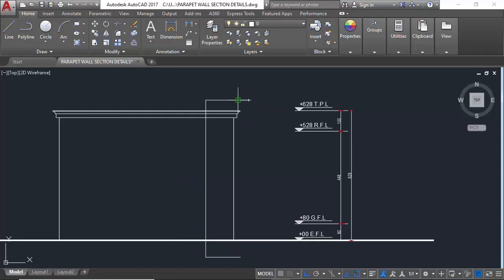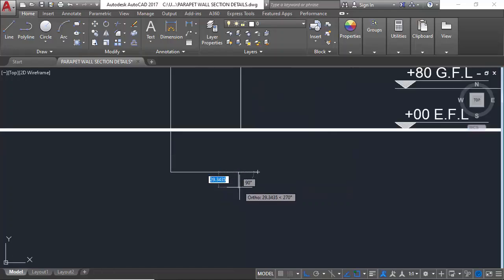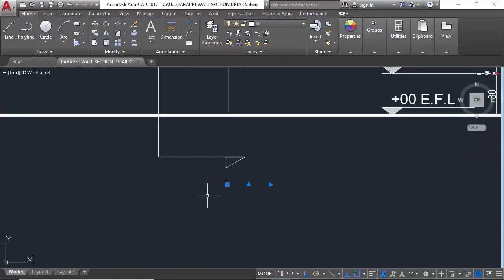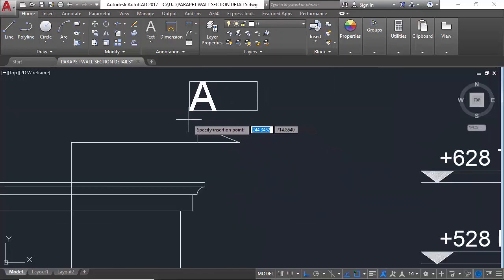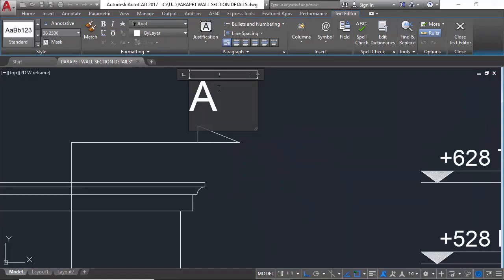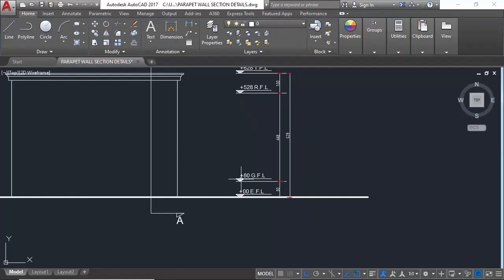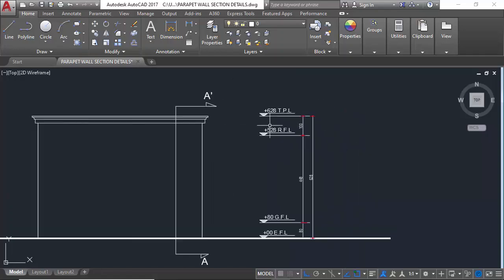So let's suppose you have in this direction, so we'll write here A, and at the top the apostrophe maybe. So now as you can see, we cut the section in this way, so you have to follow the